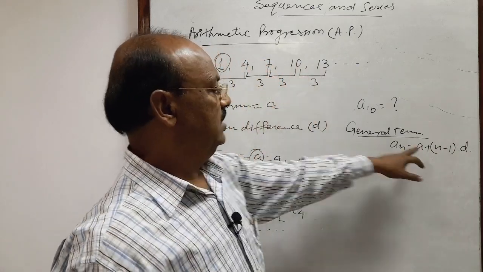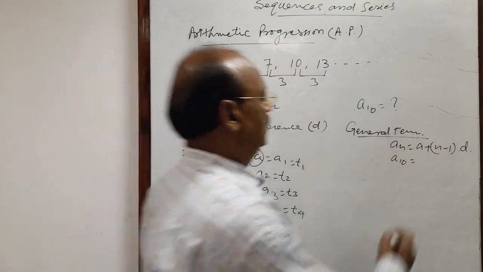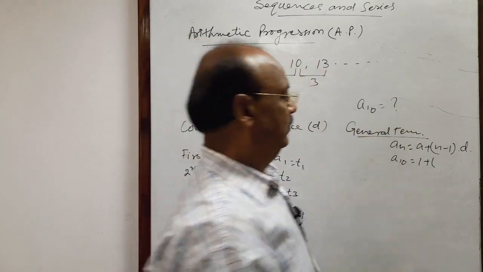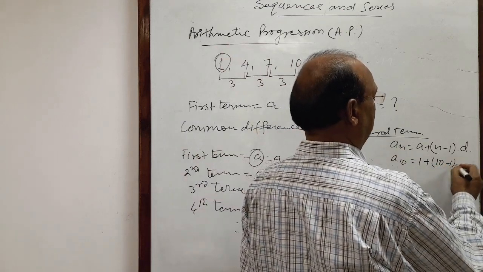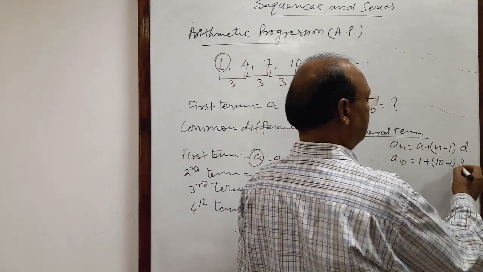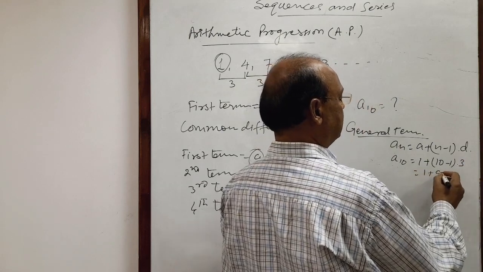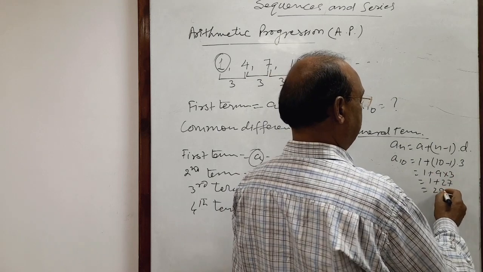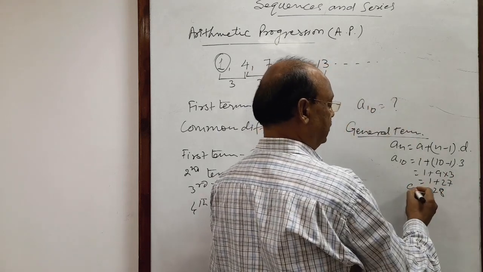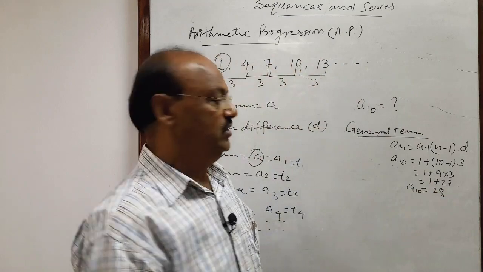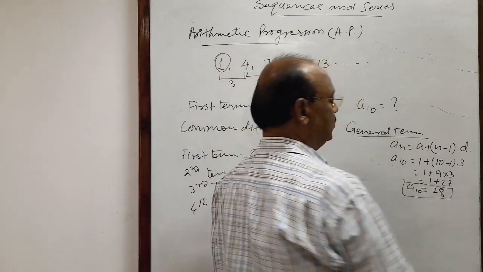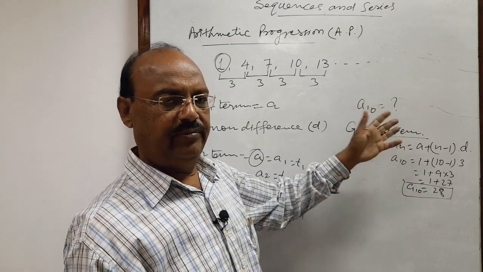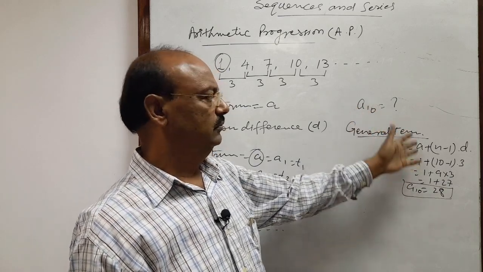In this particular case, a, the first term, is 1. So this is 1 plus n minus 1. n is how much? 10, the 10th term. So this is 10 minus 1 into d. d is the common difference, which is 3 here. So this is 1 plus 9 into 3. This is 1 plus 27, which is equal to 28. So in this particular case, the 10th term will be 28. Correct? So accordingly we can find a10, a12, a30, a49, a50, anyone with the help of this formula,